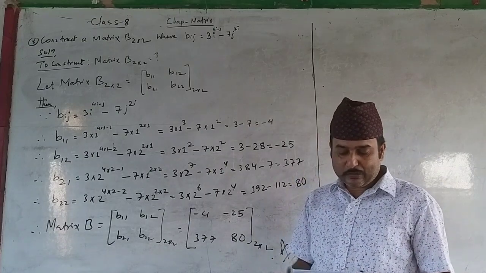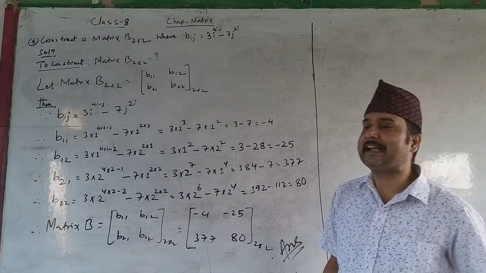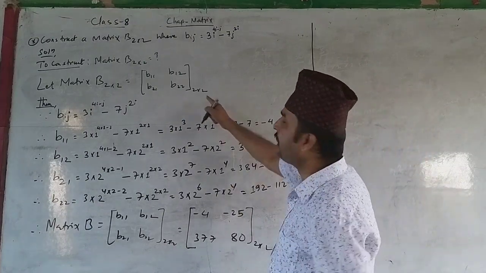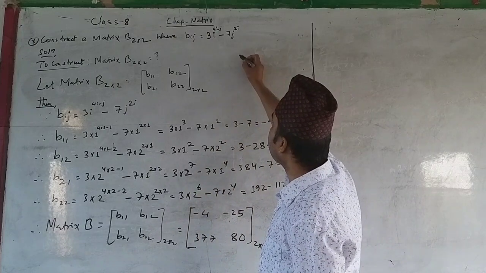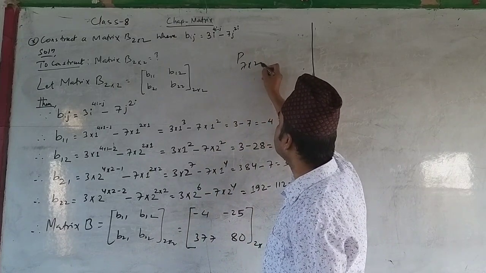Now second is how many elements are there in the matrix? Okay, already I think these things we have said. Suppose if I say matrix P has 7 rows and 2 columns.